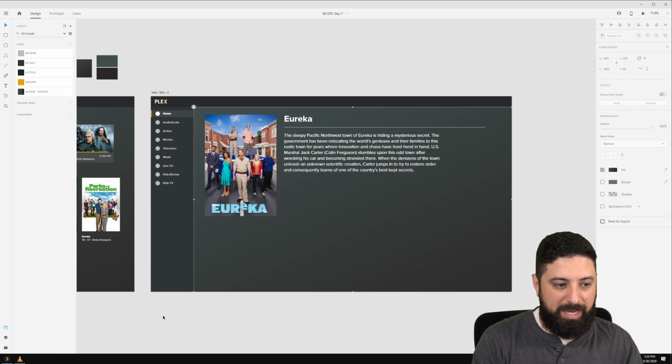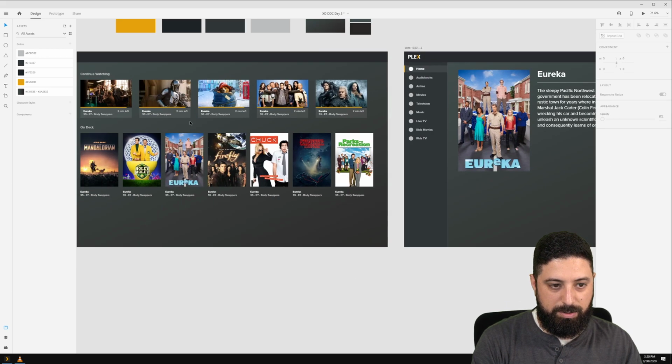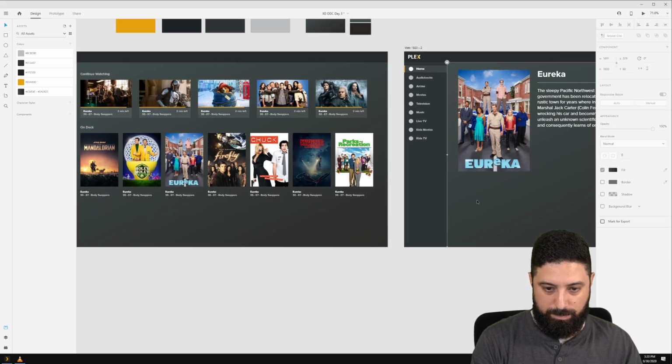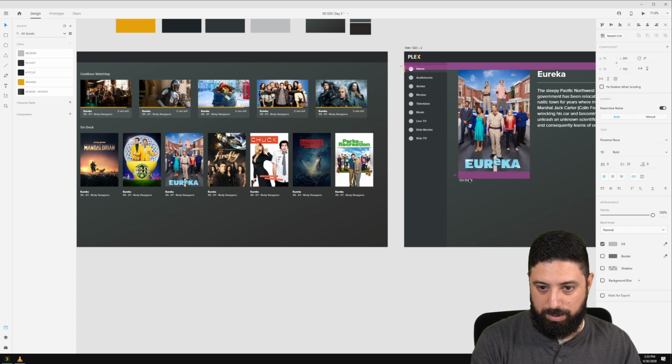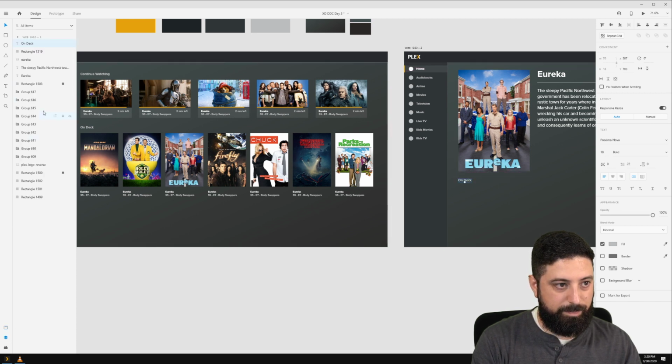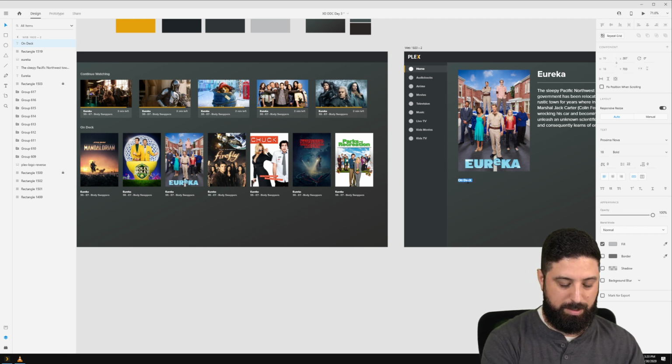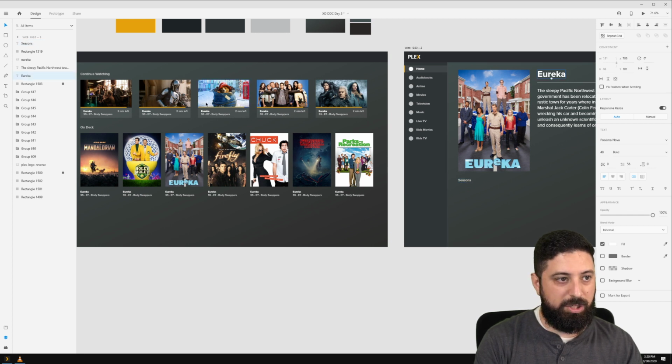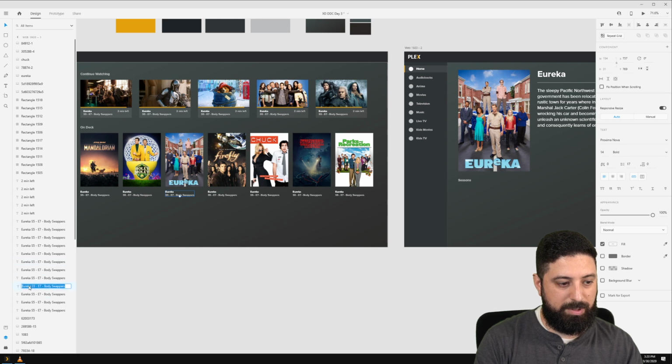And then we want to have some additional stuff here. So I'm just going to grab some other items. And we will have this say seasons. I want to check Eureka here, and I want to make sure this is just going to say Eureka now.